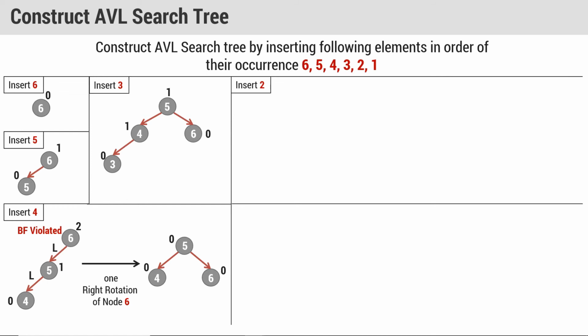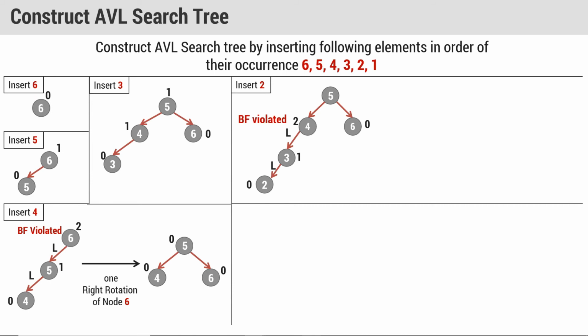So now we have to insert 2. Now 2 is inserted on the left side of node 3, right? Now again we have to check the balance factor. At node 2 the balance factor is 0, at node 3 the balance factor is 1, at node 6 the balance factor is 0, and at node 4 the balance factor is 2. So now the balance factor is violated over here. So we have to check in which direction the newly inserted node is. So it is on the left side of 4, left side of 3. So it is an LL problem.